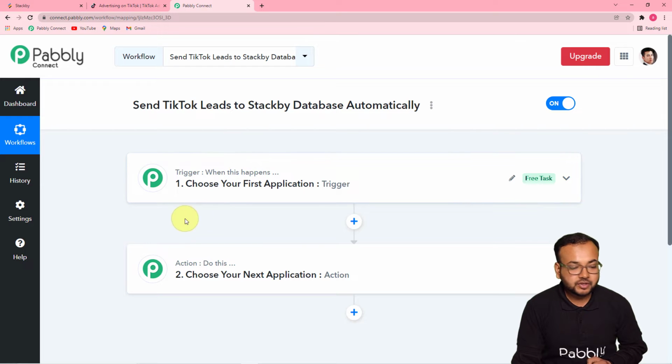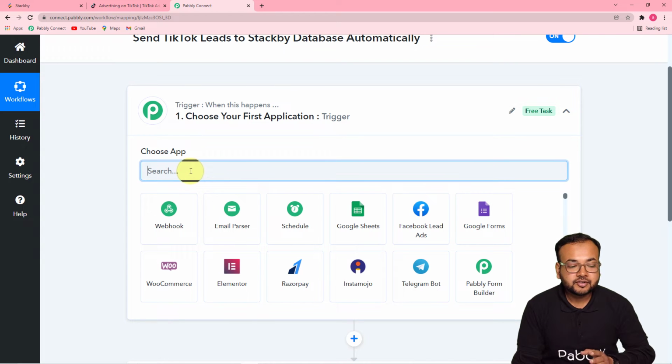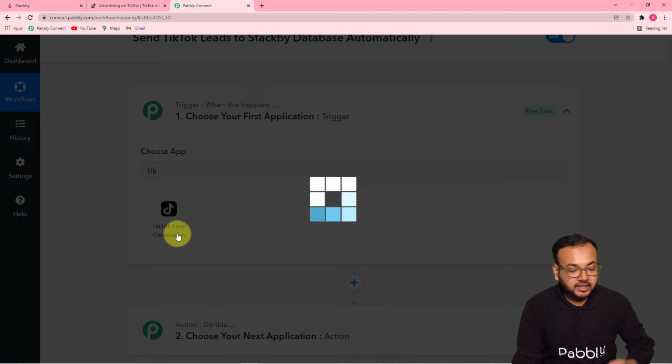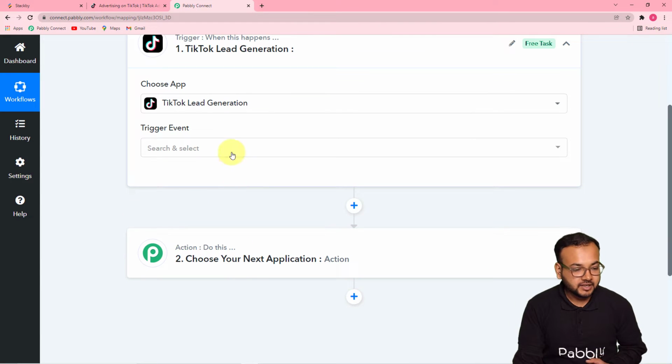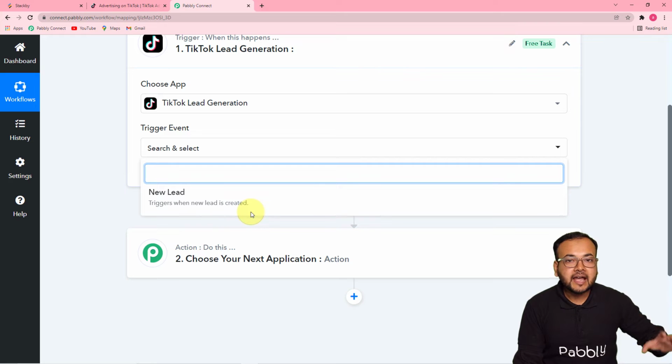Okay. So first of all, you have to set up your trigger. For this, you just have to click here and you have to choose your trigger application, which is TikTok lead generation tool. Okay, so you have to type TikTok here and you will find this TikTok lead generation icon. Click on it to select it, and after that, it will ask for the trigger event. So the trigger event would be this new lead. So it will trigger this workflow whenever you got a new lead generated from a lead ad you are running